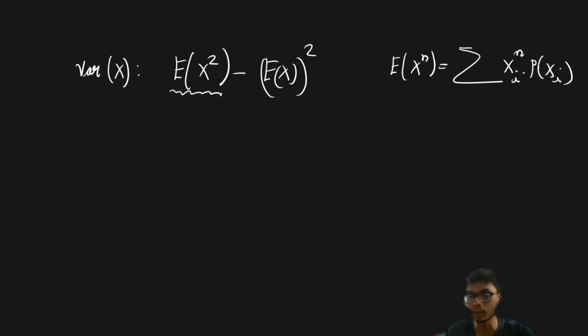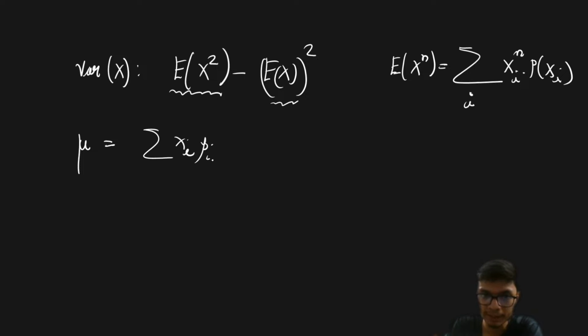So xi to the power n into the probability distribution xn, and i is basically going over all the cases. So i denotes all the cases, for all i's. That is defined as the expectation over here. From here you can always calculate the variance in the following way. First of all, this is nothing but the average, which is given as mu, or the mean, that is simply the summation